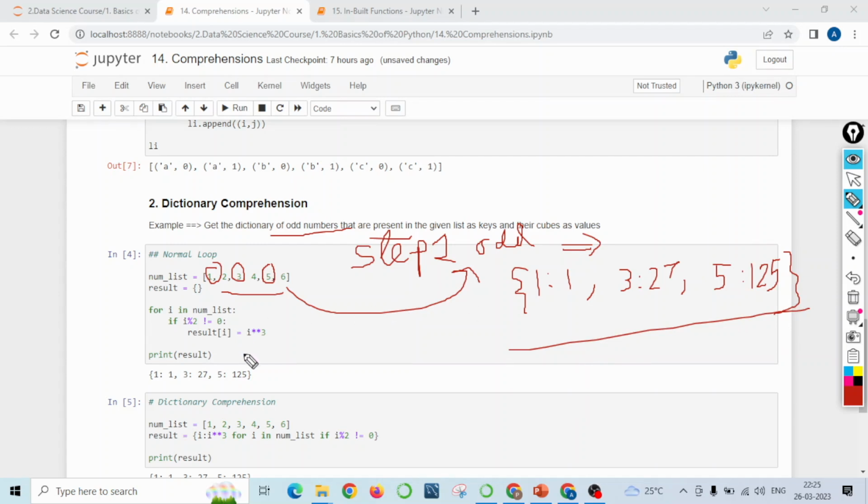So the first thing that we do is using loops, and then we'll understand how to do that using a dictionary comprehension. What I've done is, for i in num_list, if i % 2 is not equal to 0, what does this mean? So if I divide i by 2 and it does not give 0 as the remainder, that is, it gives some remainder, then only take the value of i,